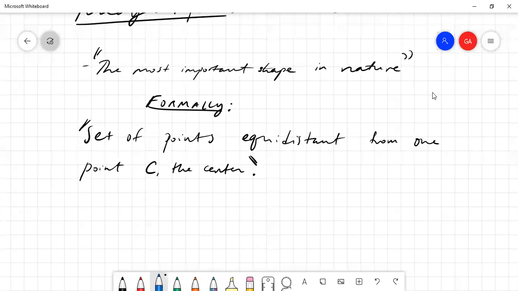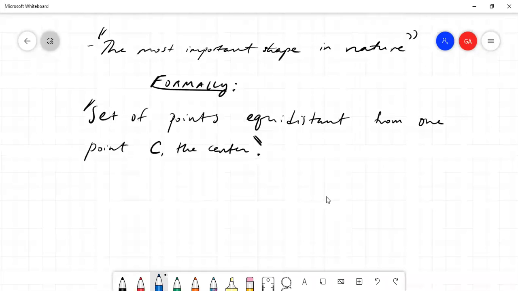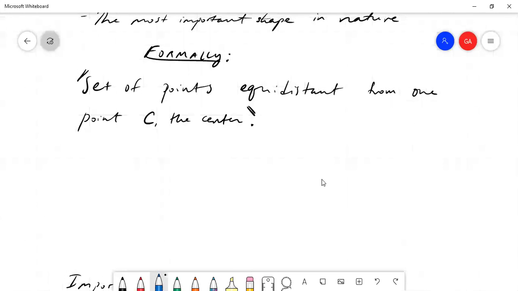So formally, it is the set of points equidistant from one point C, the center. So I would write this down or memorize this, and it's sort of obvious if you think about it. It sounds very formal, but the set of points that's equidistant from one point, well, here's my point C, the center, and if I just pick a point, right, just a first point, well,